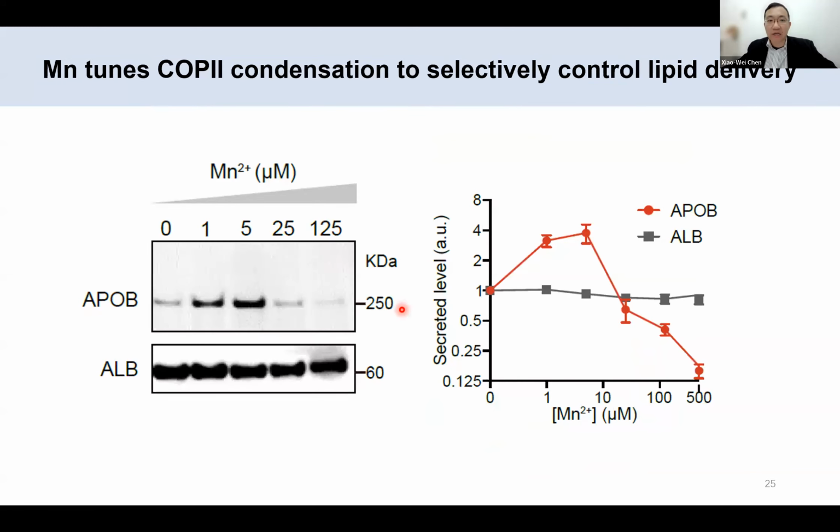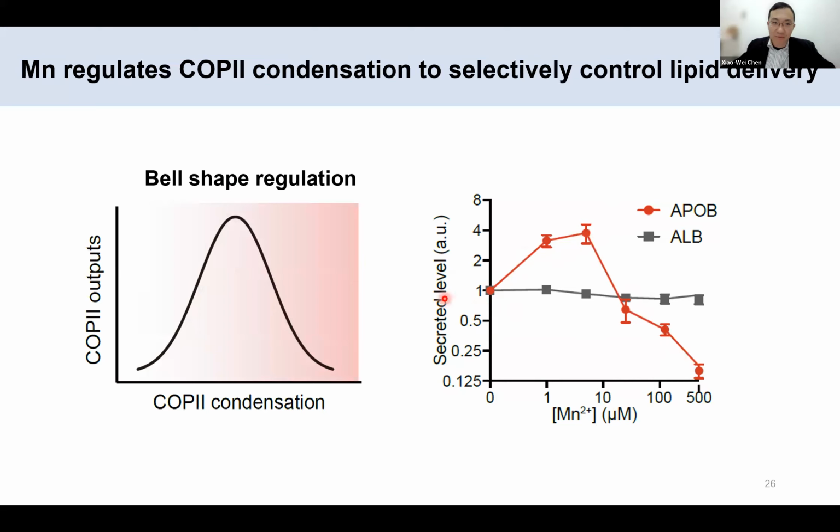And this will lead to a selective regulation in the secretion of these lipoproteins, but not those general secreted proteins, even the very abundant albumin. And this regulation of lipoproteins also fits in a bell shape, with low dose of manganese promoting to a peak value, and higher doses beyond this will appear inhibitory. And this actually is quite consistent with this bell-shaped curve that we modeled based on the in